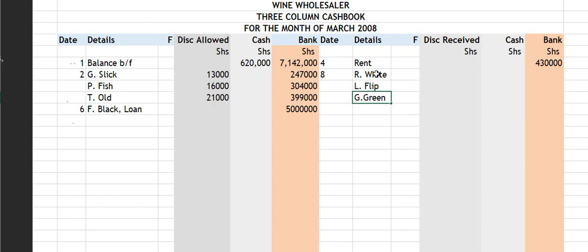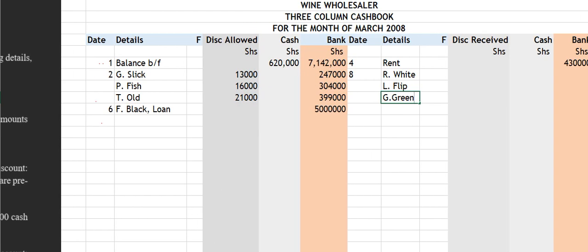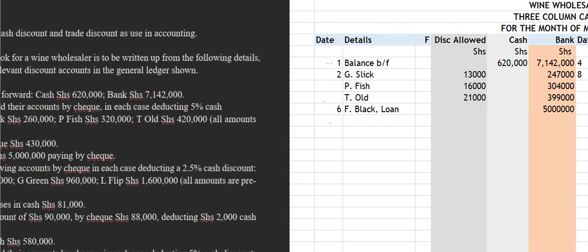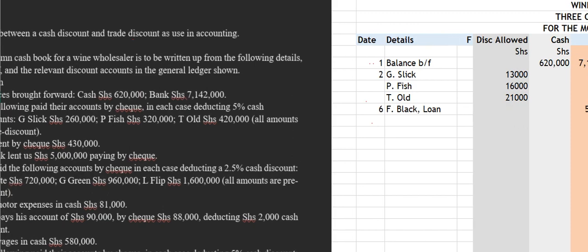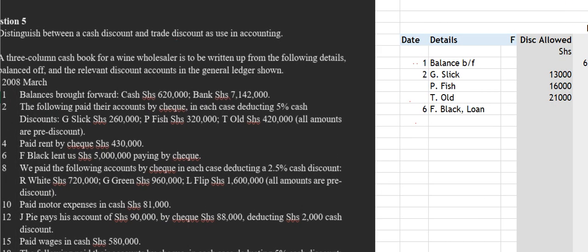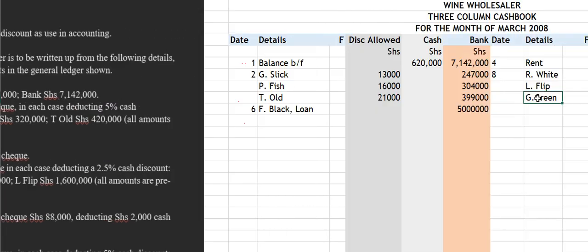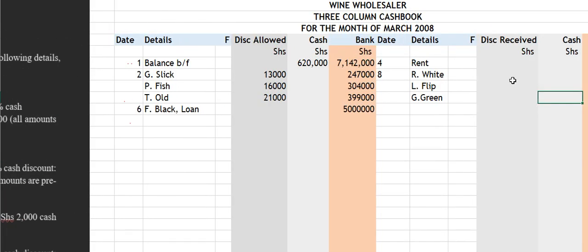In each case, they were deducting a discount of 2.5%. So R White is 720,000. The discount received is 2.5% times